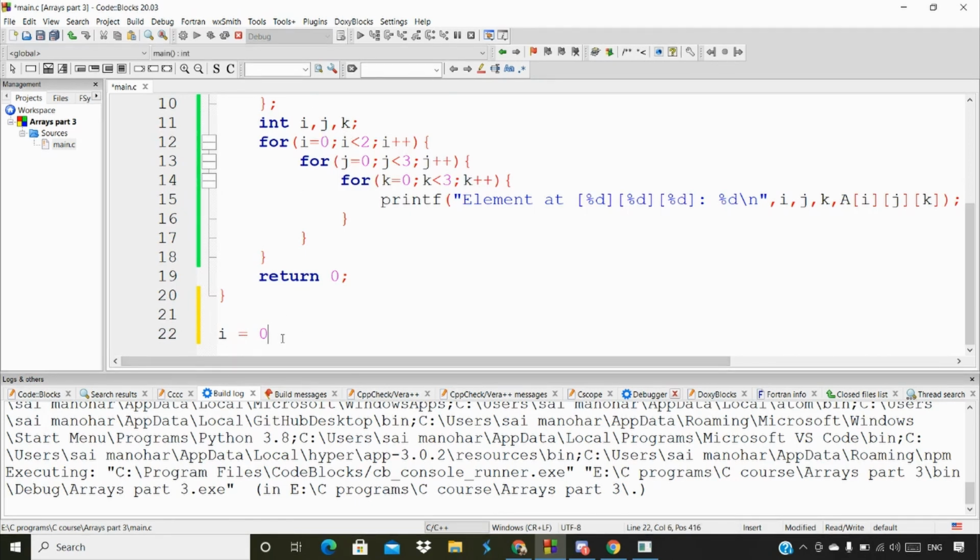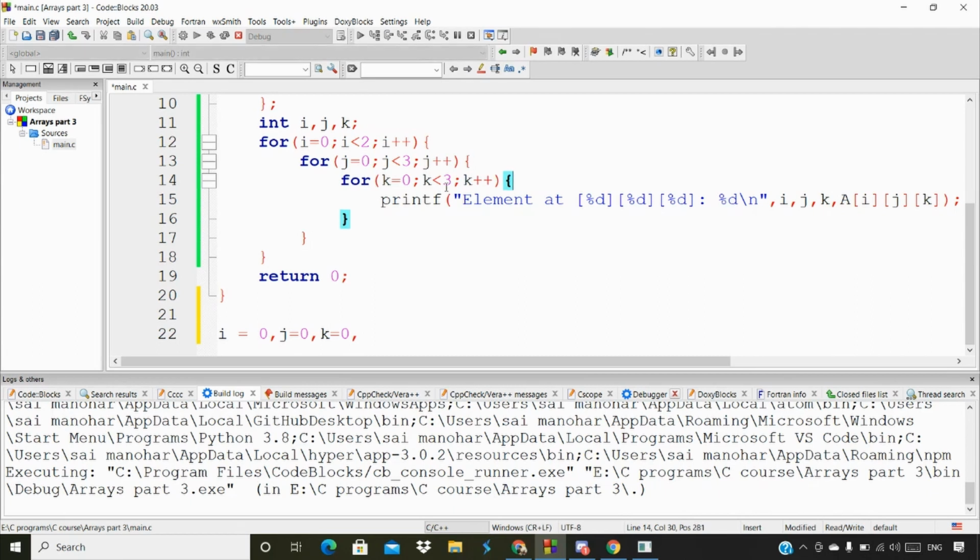We are starting i from 0, and if this condition, i less than 2, is true, it's going to move on to the inside for loop, and again one more for loop. j starts from 0, and this particular condition is true, so it's going to move on to one more for loop, and now we have k equal to 0 here.